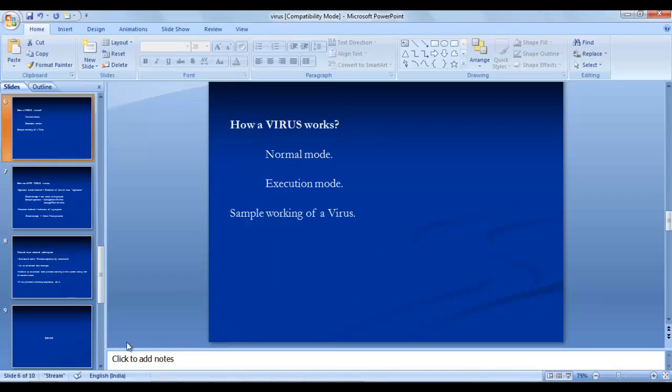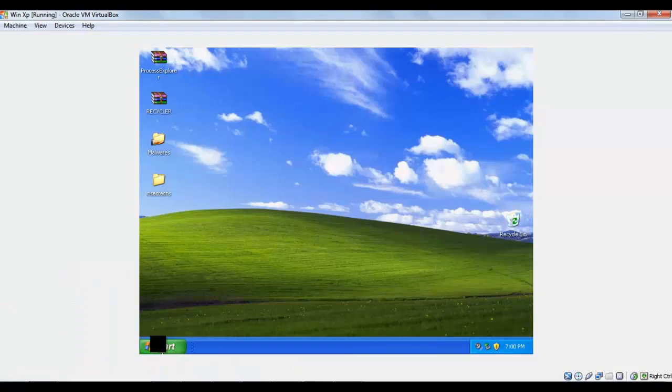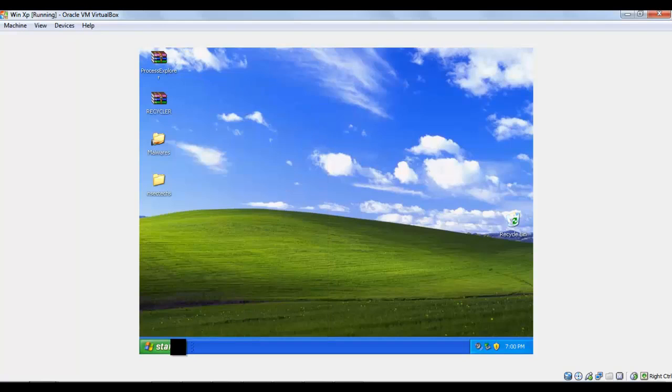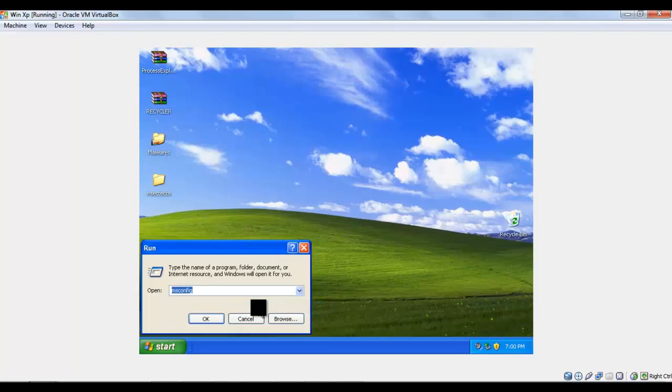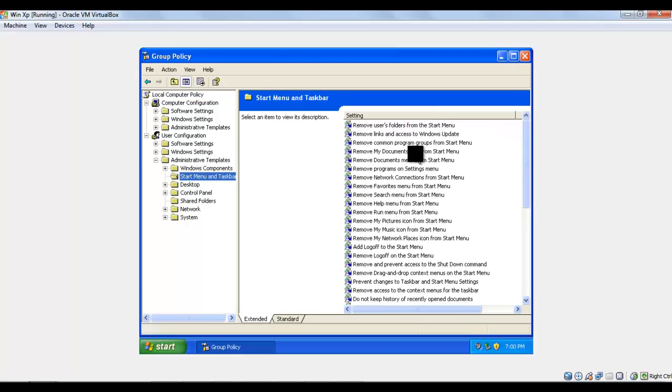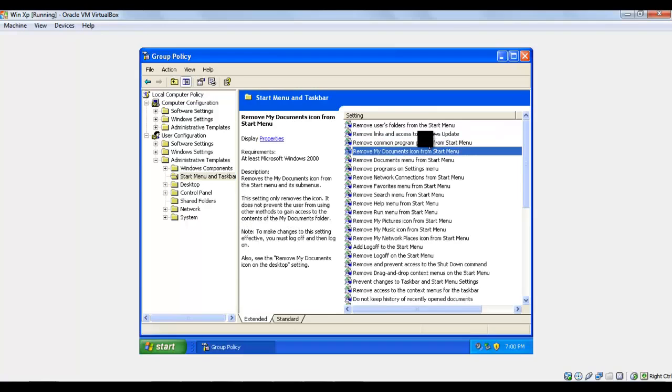So let us try to understand how a sample virus works. This is a sample working of virus. If you see, we have Srinivas in this system startup. So let me go to start, gpedit.msc, and in this user configuration, administrative templates, and start menu and taskbar. So in this, let me go down